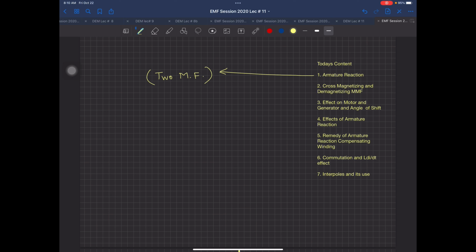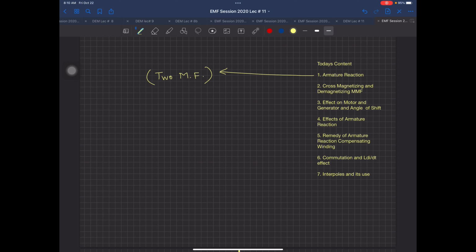And this concept not only takes place in a DC machine, it also takes place inside an AC machine, maybe these fans or even ceiling fans or any other AC fans, AC machines or AC motors I'm talking about. Even in generators, even in motors, this armature reaction takes place, and it's a detrimental thing, which means that it is going to hinder the running of your machine, and it is going to have a negative impact on your torque or your speed or whatever characteristic we are just going to see today.